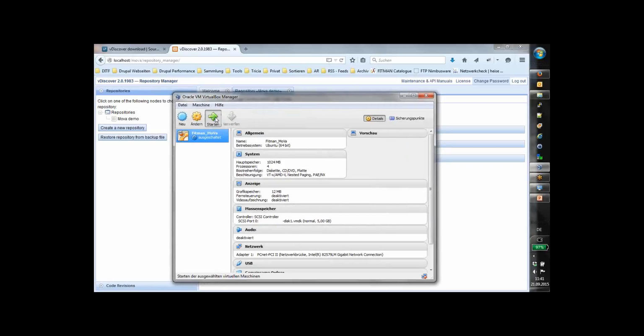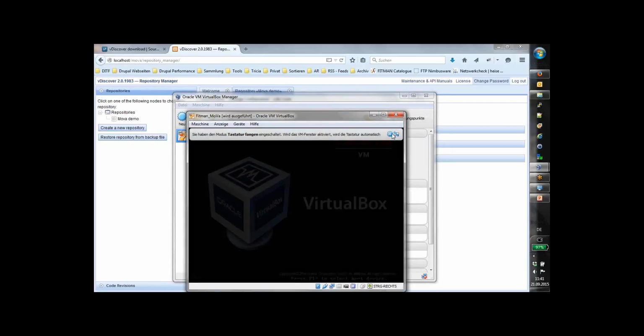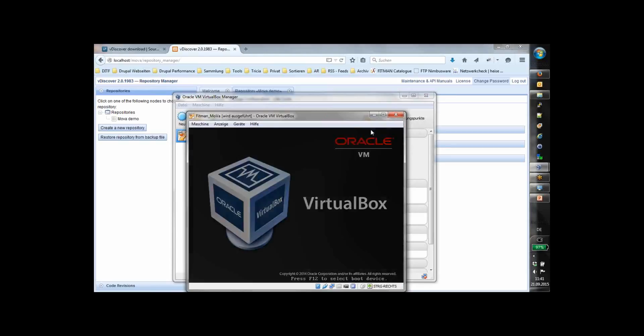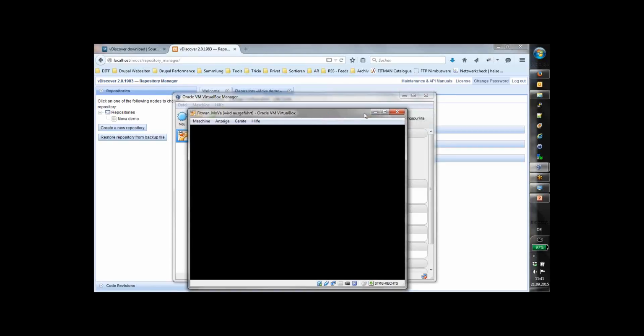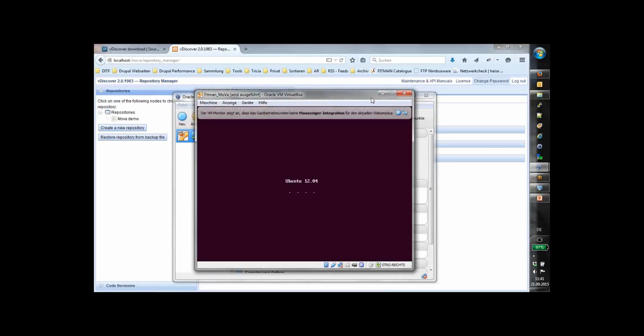Okay, ready. And now we start the machine. Starting up. We have to start the machine only one time. Not only do we have to start it, we always use the system, but we don't have to log in each time. But the first time we have to log in to look for the IP address we got from the